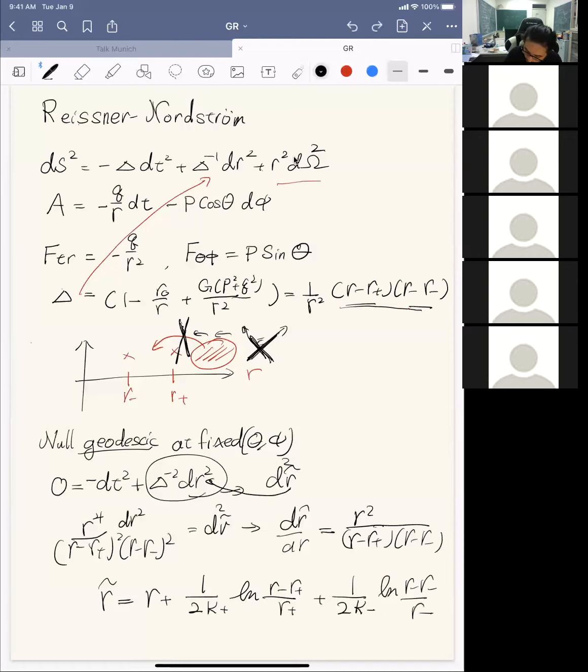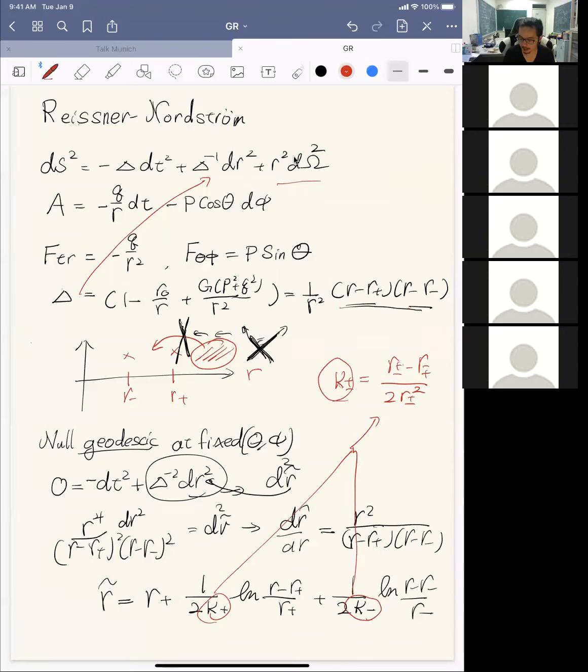Okay, so where this k minus and k plus here, this is given by k plus minus, it's just some linear combinations of r plus minus r minus plus over 2 times r plus minus square, sorry. Do you guys know what this means? This plus minus just means that if it's k plus, it's going to be r plus minus r minus over r plus squared. So if it's the bottom k minus, you just choose the bottom label. Okay.